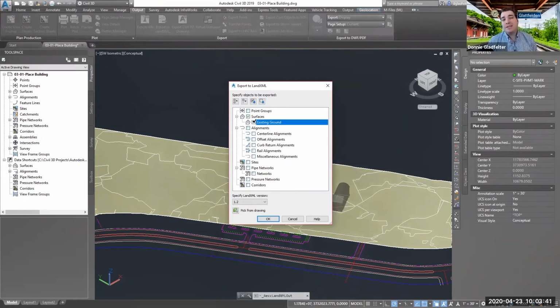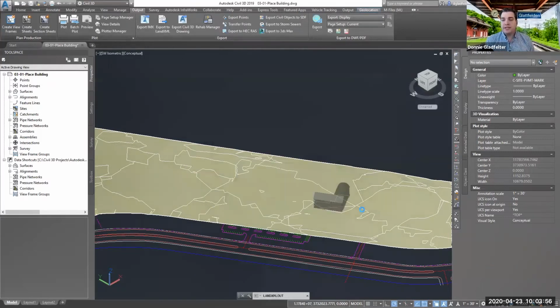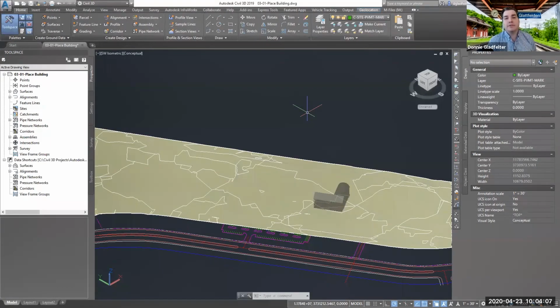So in my case, I'm going to take the surface for this project. I'm going to export this out to a Land XML file. So we'll go ahead and export that out. And sorry, I'll give it a name like existing ground in this case. And we'll say save. And that is going to write out just the Civil 3D, the actual TIN surface. So the exact surface definition that I have in Civil 3D, we have exported that out to a Land XML